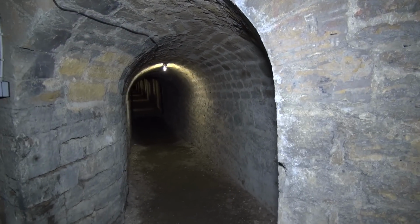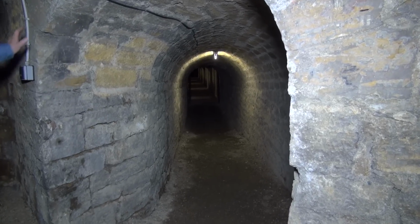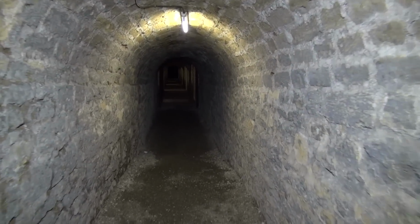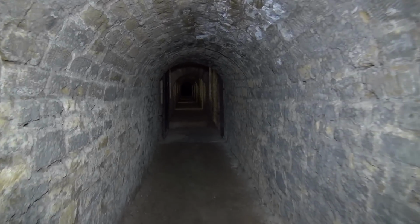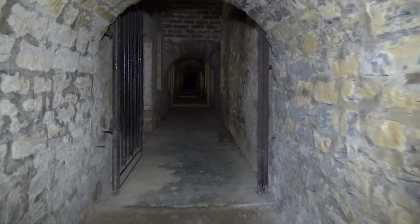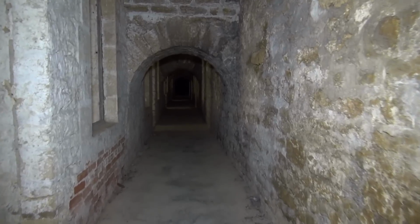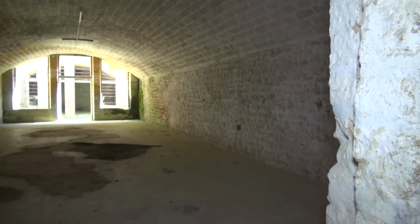Well, now I'm conflicted. I see tunnels in multiple directions. Oh yeah, look. I think it was right along above the caserne. It's like we have to go in every direction, so I don't really know where to start. No, we go back to the right to get into the ditch. All right. Oh, this is into the casemate. This is into the casemate. Holy crap on a stick. Yeah, we're in the...